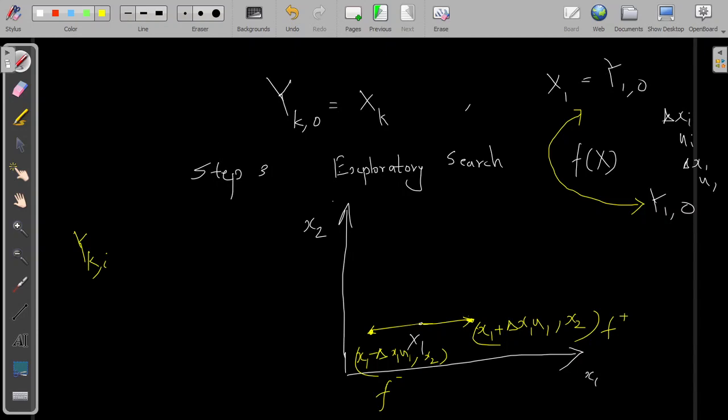Here yk1 means the new point, this point, that is defined as yk comma i minus 1 plus delta xi ui